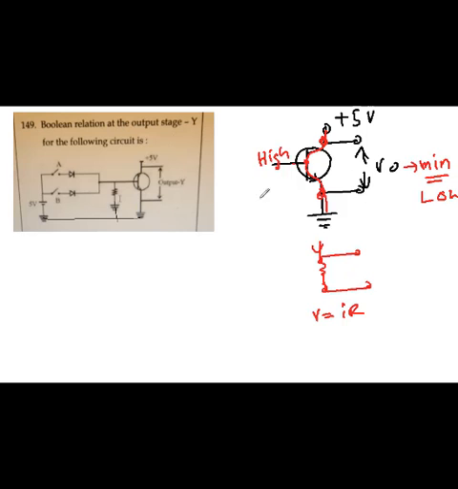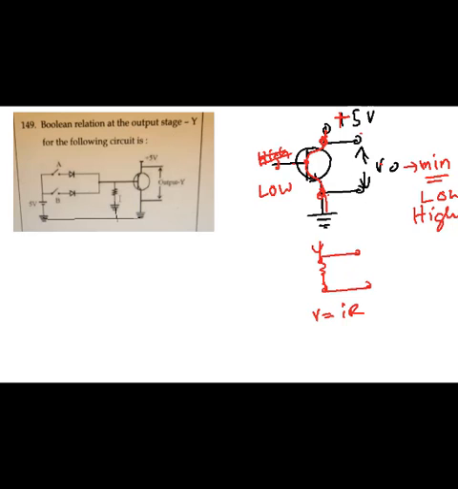Now think, the transistor is not conducting. If the transistor is not conducting, that means the resistance between the terminals here is very high, and the output voltage is almost equal to plus 5 volt. There is no current, so the voltage will be equal to plus 5 volt. Transistor not conducting, output will be high. And when will the transistor not conduct? When the base voltage is not available. Suppose the base voltage given is low, then the transistor will not conduct, and the voltage drop here will be equal to plus 5 volt.